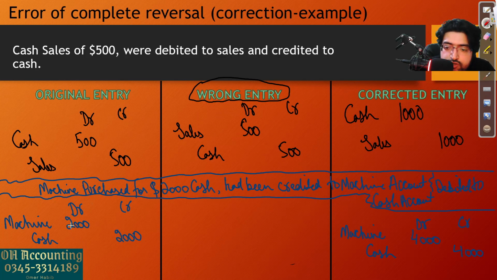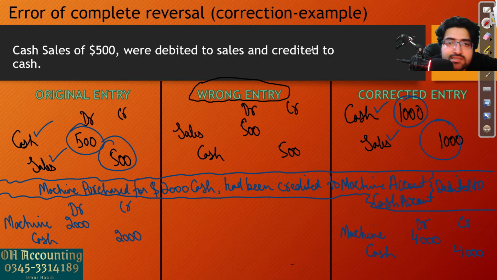Rewrite the original entry. What should have been debited should be debited, and what should have been credited should be credited, and then simply double the amounts. And as I've explained this to you here, that why do we double the amounts, and as you can see, cash was supposed to be debited, cash is debited, sales were supposed to be credited, sales were credited, the amounts were 500 and 500, we have doubled the amounts to 1,000 and 1,000. Okay, so this is the shortcut you can use. I've also given you the explanation that why the amounts are doubled, but even if you don't remember that, it won't make a difference. Okay, this was the 6th error,